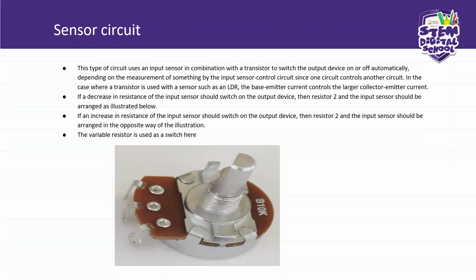A decrease in resistance will be controlled by this variable resistor. If a decrease in resistance of the input sensor should switch on the output device, maybe the buzzer or the LED, then resistor 2 and the input sensor should be arranged as illustrated below. I will show you the circuit just now. If an increase in resistance of the input sensor should switch on the output device, if you increase here,